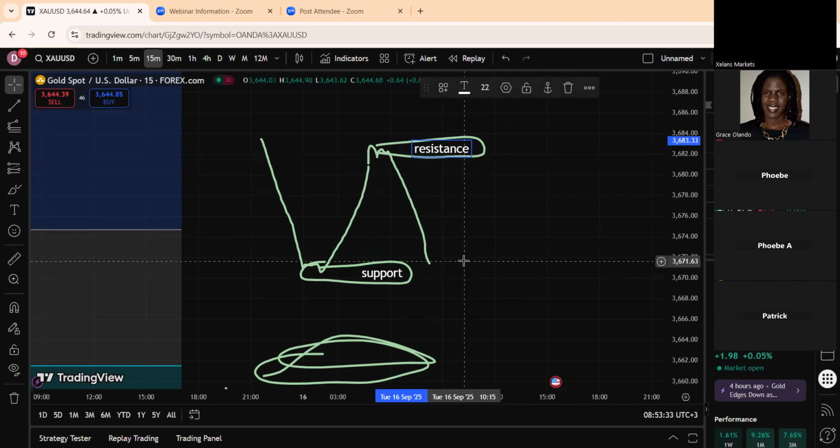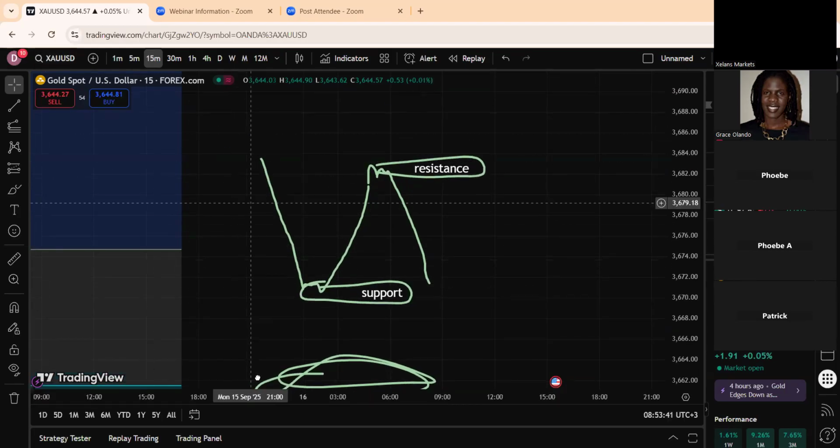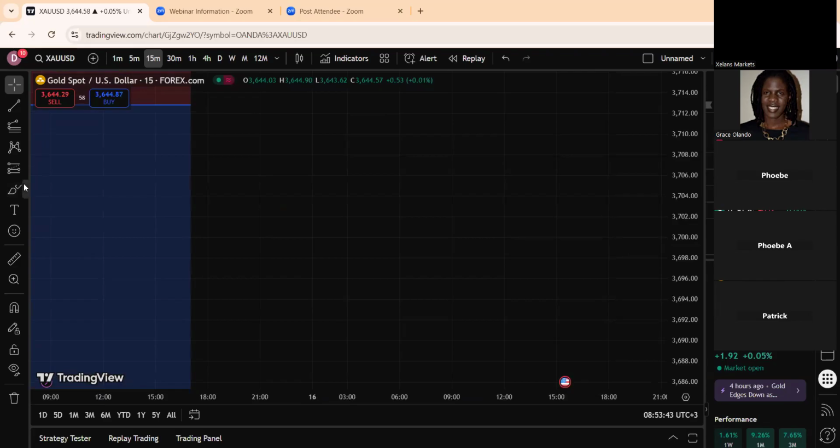So we can work within this support and resistance. Some people call it the support zone. This is what happens within the market after identifying the support and the resistance. I'll show you an example. So once you identify your support and resistance,